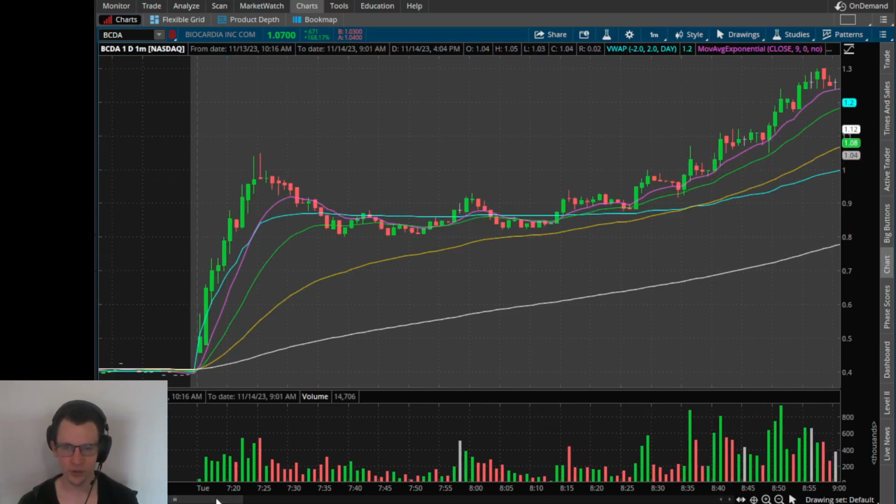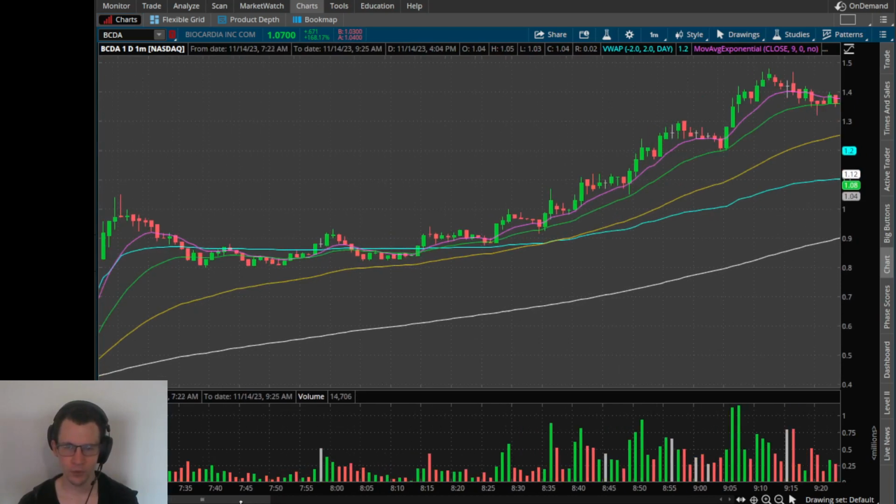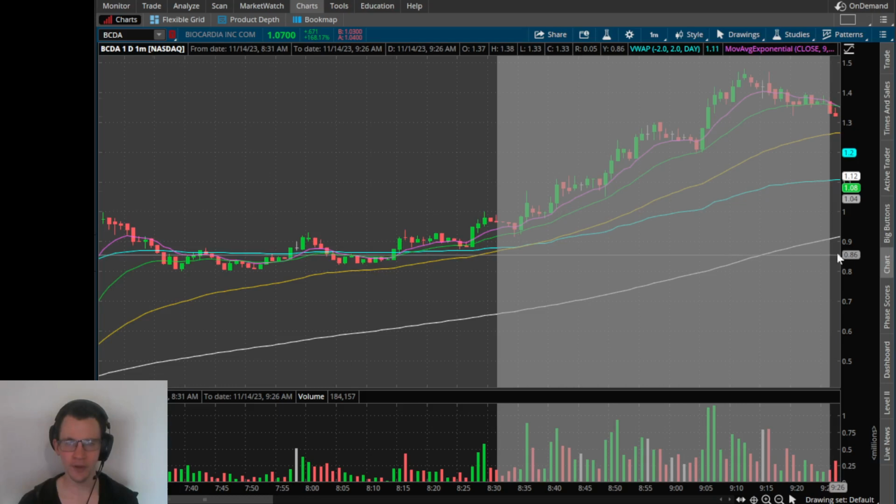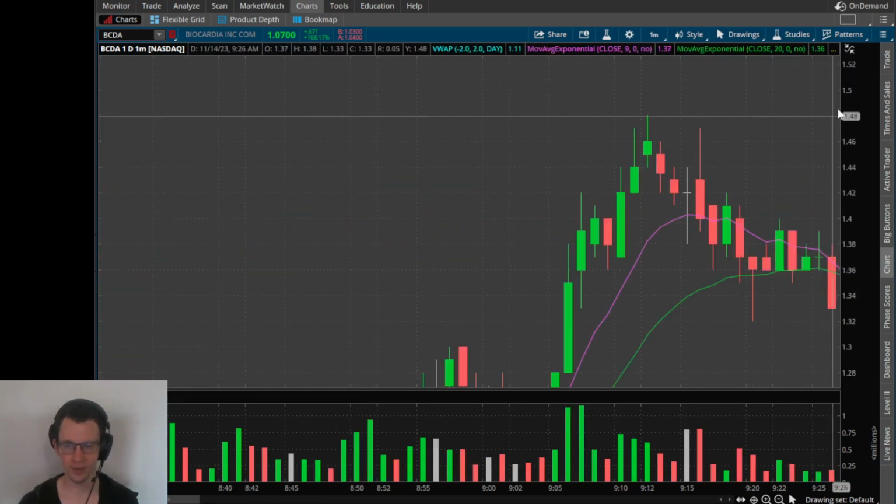So I didn't take a single short on any of this because I'm like, well, what's the thesis, man? This is classic bullish price action. It's accumulation. It's pushing. There's tons of bids. There's no pattern up here. There's no pattern anywhere. The only pattern there really was, and this is a very low-float pattern,